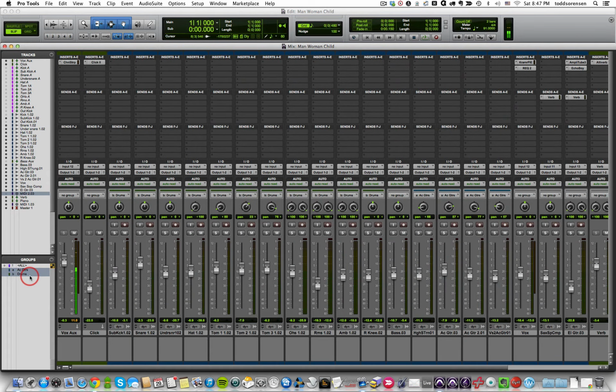The all group is a group that is available in every Pro Tools session. You cannot delete it and you cannot modify it. So what would it be used for? One of the things that it can be great for is if you start working on a mix and then you realize that all of your levels, even though individually they look fine here, collectively they are clipping the master fader. So here you could just click on the all and it overwrites every single group, and it has